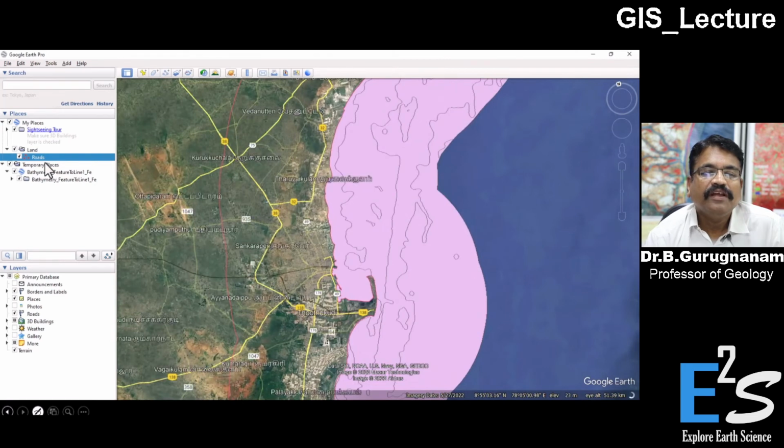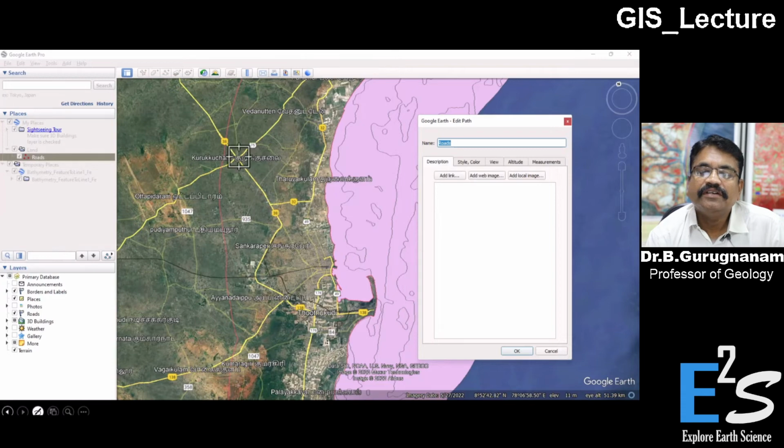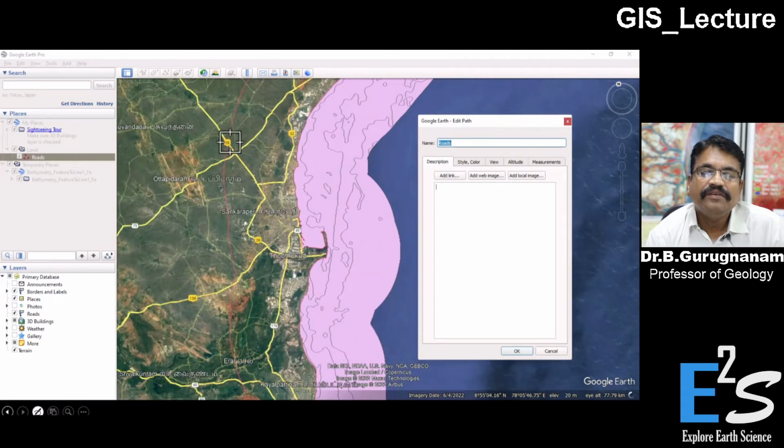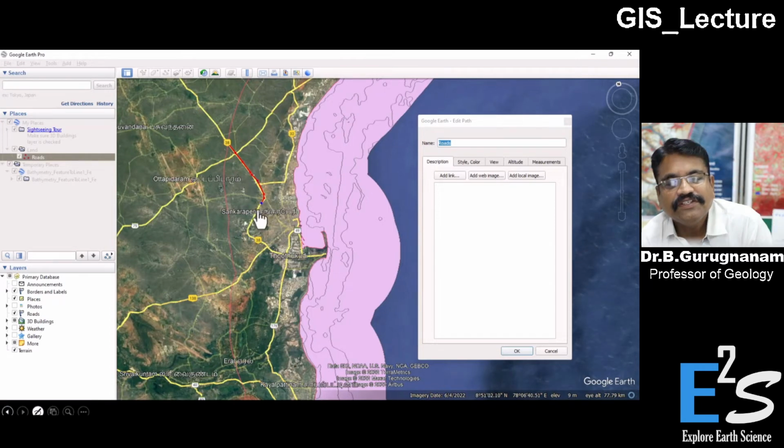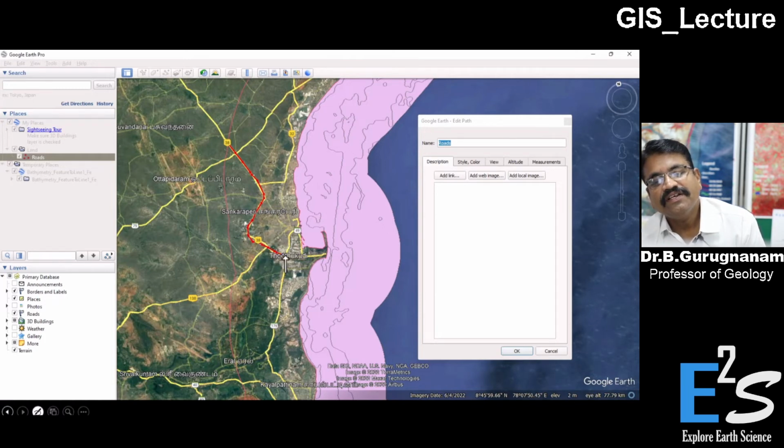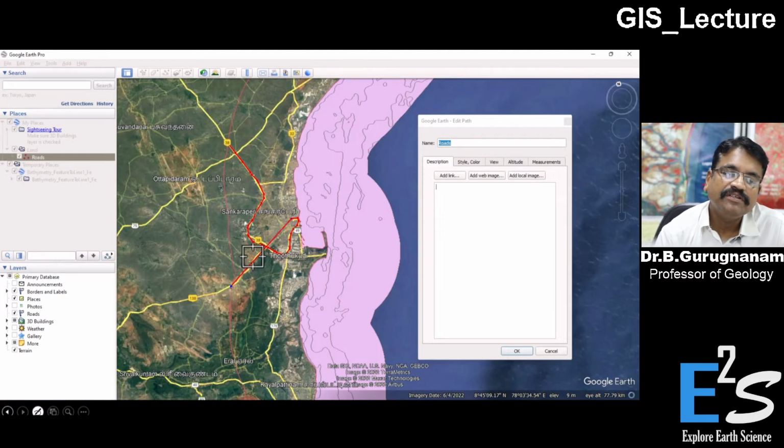zooming out, zooming in, and I'm going to digitize now with this. So right click properties, and then in that, if I am doing a digitization, it will come. So now I am digitizing the roads from Google Earth, and this is the KML file. From this KML file I can convert it into the Google file, right? This is KML automatically generated, not converted. I mean, we have digitized whatever the work in Google Earth. Once we give OK,